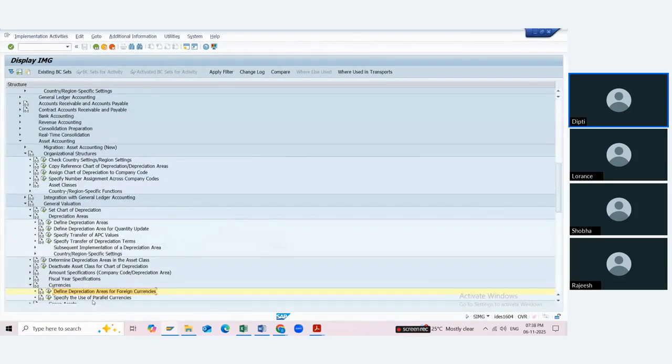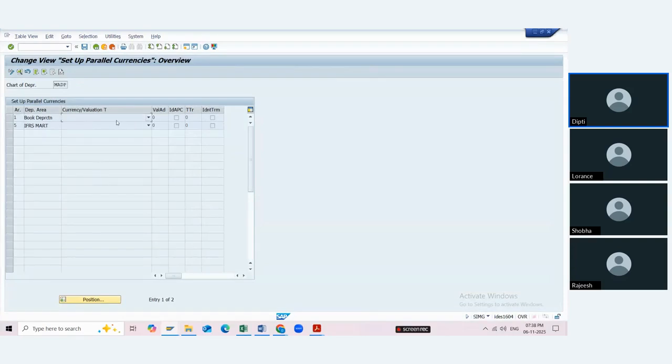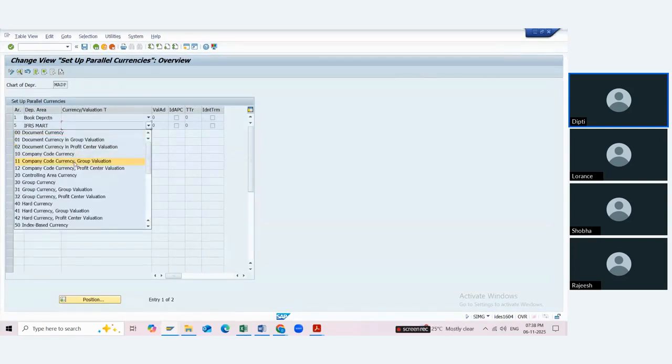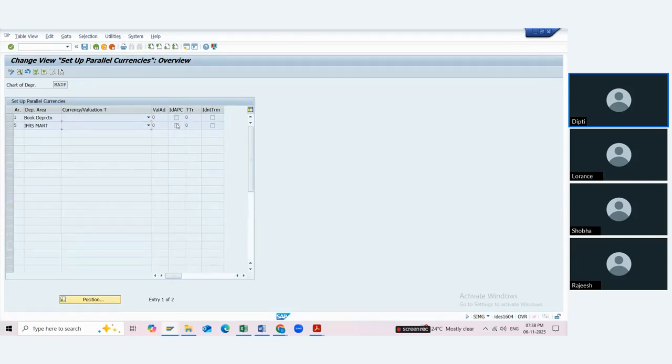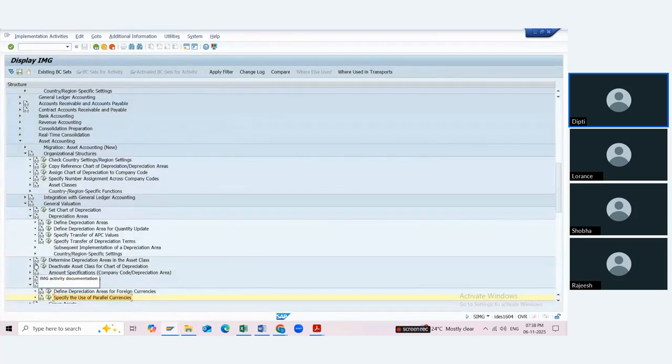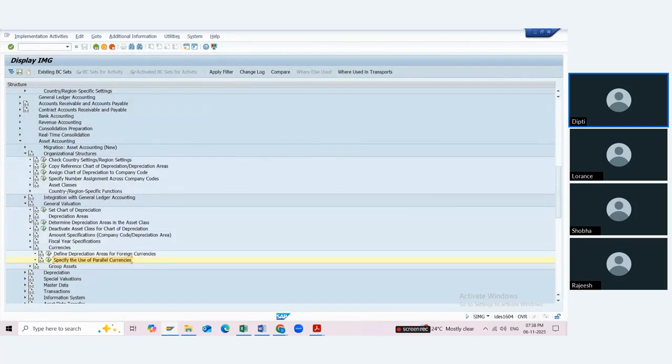So this is a setup. And then you have to specify the use of parallel currency. And here you have to select the currency type, whether 30 is your parallel currency or 40 type is parallel currency, and based on that you have to select identical acquisition and production cost and identical terms of depreciation, that is, the number of useful life should be the same for this foreign currency valuation as well. These two options you have to select if you have a foreign currency defined as a parallel currency. Okay, so right now it is not there, so we are not doing it, but I have shown you as an option. If it is required, you can